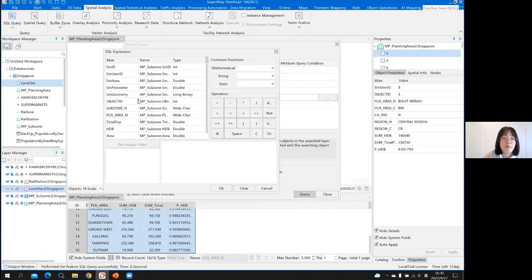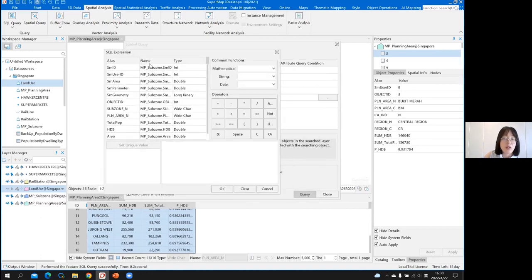On the top left, we can see the list of fields for data in subzones. Here we want to find subzones with high population density. So we will double click on the population density field, and it would be added into the box on the bottom right, where we can write down